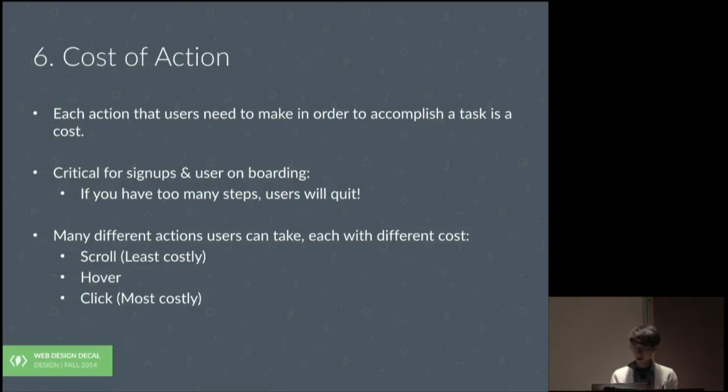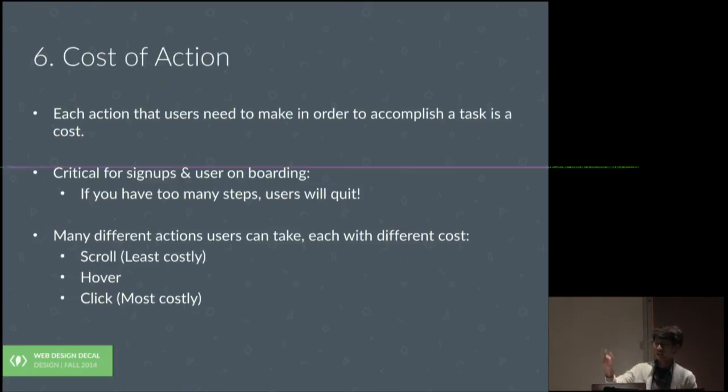You have to really worry about different kinds of actions first. There are many different actions. Number one is scroll, number two is hover, and number three is click. All three of these command a different amount of cost of action. Scroll is least costly because all the user has to do is scroll through, and especially on Macs, the scrolling behavior is very natural, so it doesn't require almost any cost.